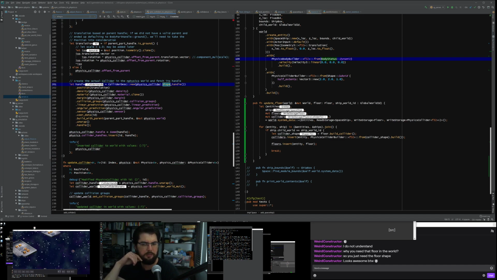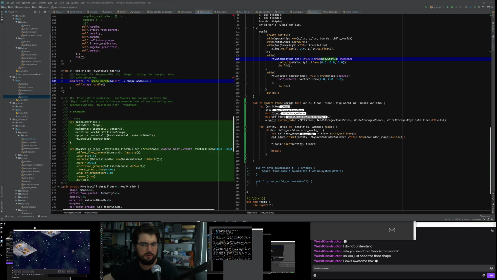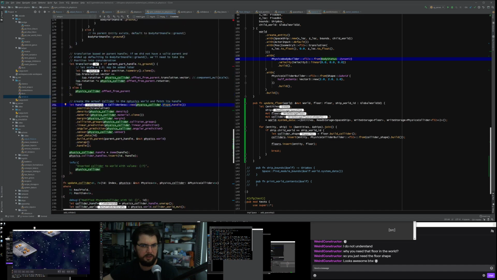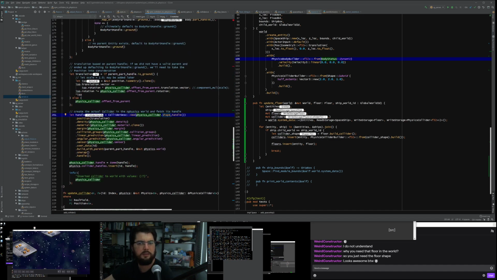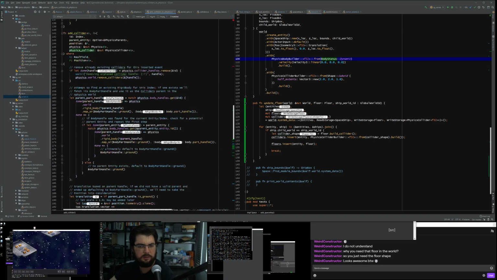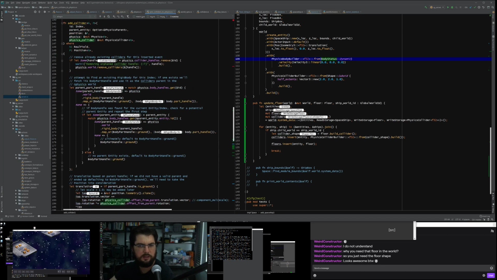Okay, so we start with a collider handle from the shape handle. So we have a physics collider. Add collider.